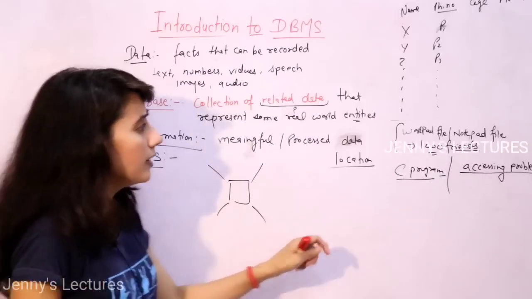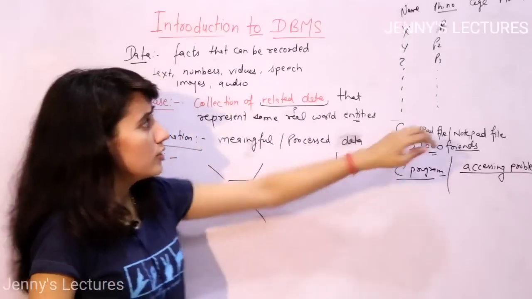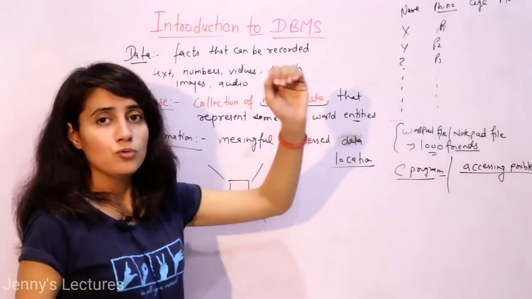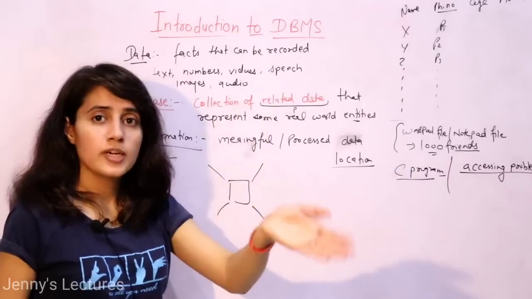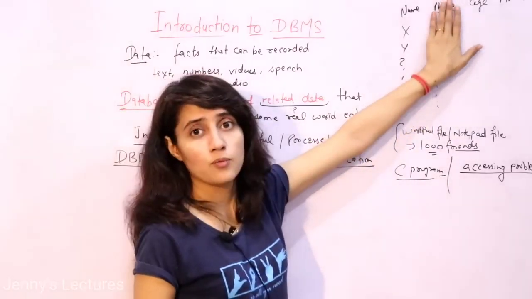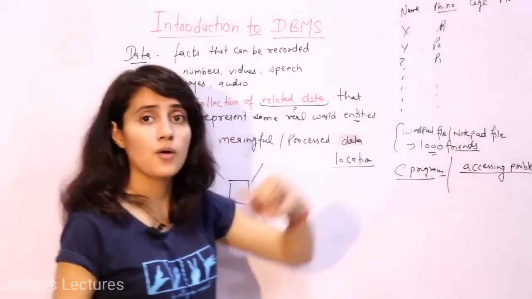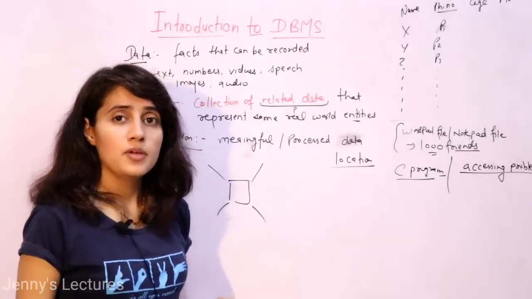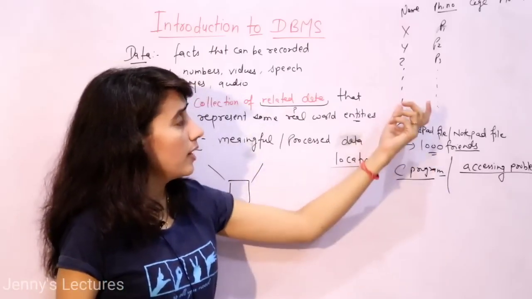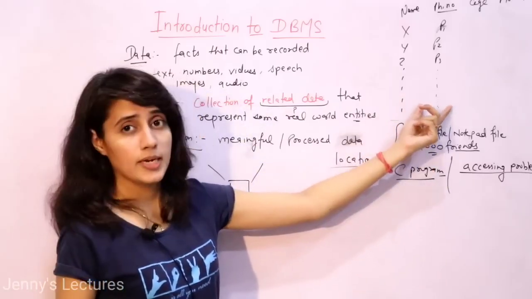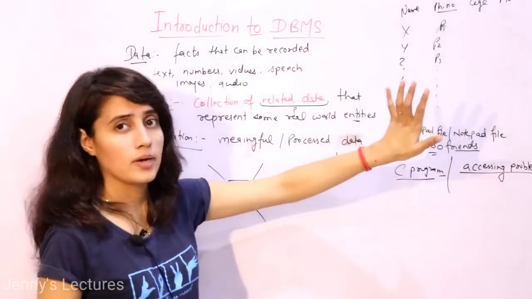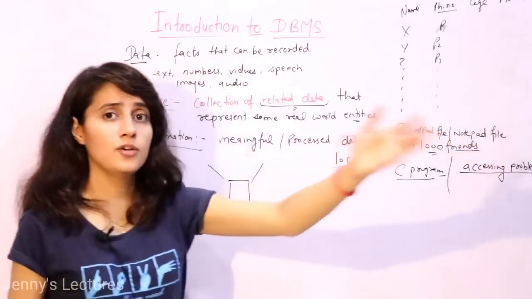Now next case, suppose I have this database and I want to show it to someone else. I want to send this file to someone, but I don't want to show the phone number. I want to hide this phone number. How can you do this? Maybe one way is to write a C program and create another file from which you have deleted the phone number, and you can show that file to your friend.